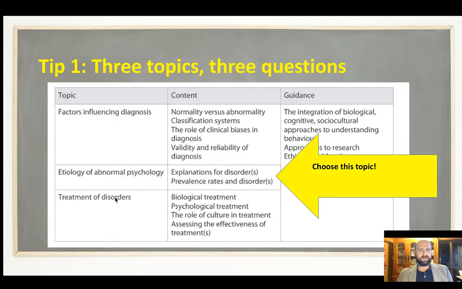So what that means is you can become an expert in just one topic because you know you're guaranteed 1 question from the etiology of abnormal psychology. You're guaranteed to get a question from that. So that means that if you like, you don't have to study the other 2. Now, I like a 1, 2, 3 approach where you take one. I'm going to be a master in this one, and you might have a backup. Treatment I think is a good backup, but don't spend too much time on that one. And you have a third where you can just study for interest's sake, but for exam prep, I wouldn't worry about